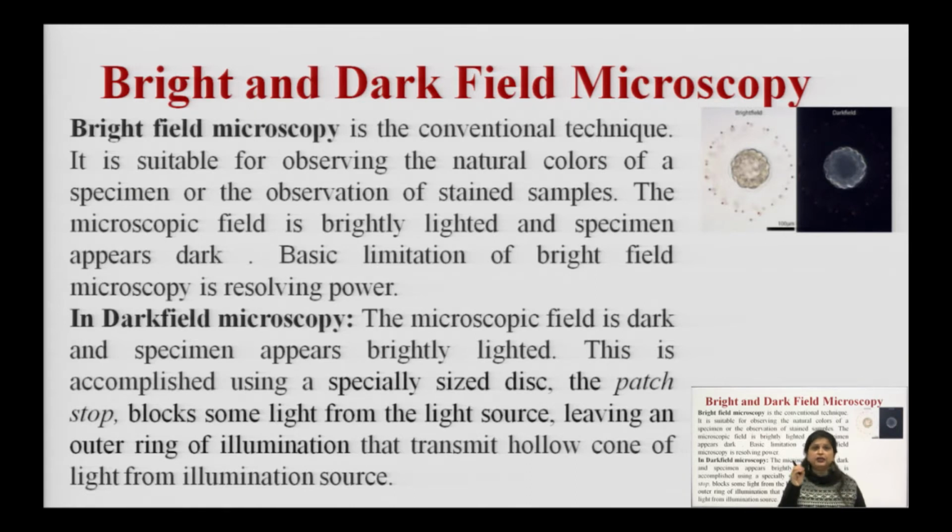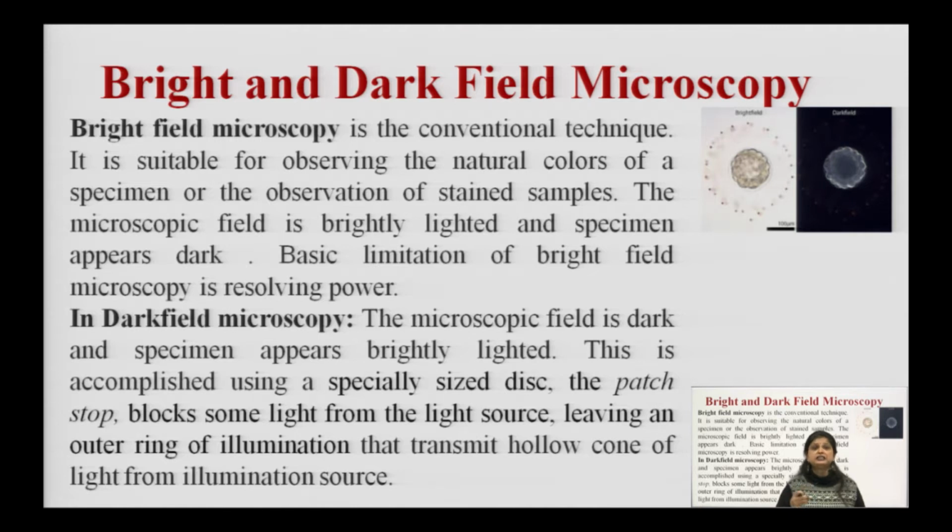This is the main limitation of the bright field microscope: we won't be able to see transparent images unless we have stained them. We have not added any staining reagent within those samples, the cells which are transparent in nature. If we have transparent cells, we won't be able to observe them, because light directly passes through the slide. If we have transparent cells or specimens, they will not be seen within the eyepiece. We won't be able to observe those images if they are transparent in nature.